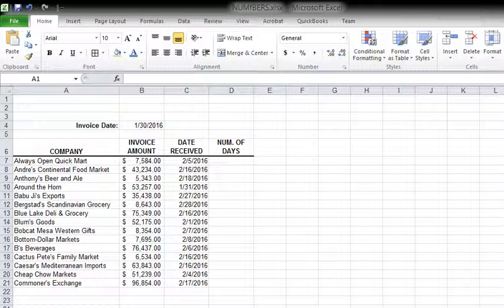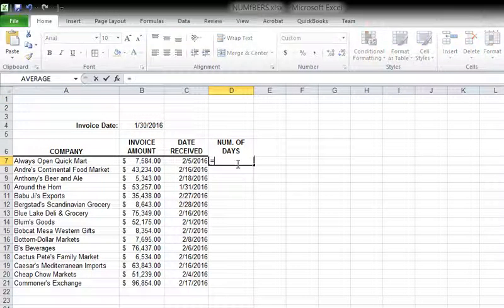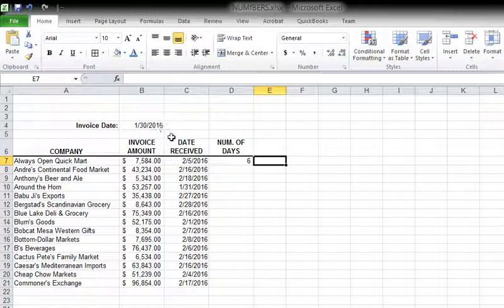So I'll click in the column that will house the formula, start with equal, and then either click or type the ending date. So that's February 5th, and then you will subtract the beginning date, January 30th, press enter, and there you have it. Now let's go further and suppose that you wanted to copy it down for the rest